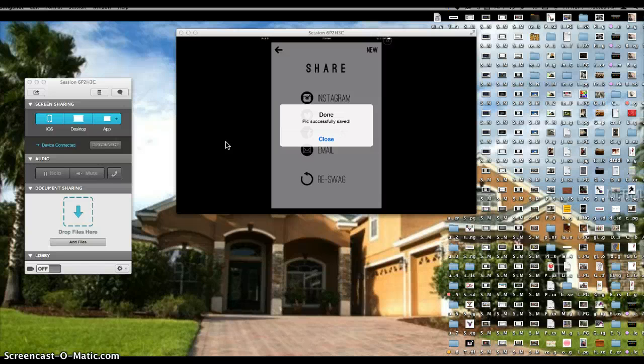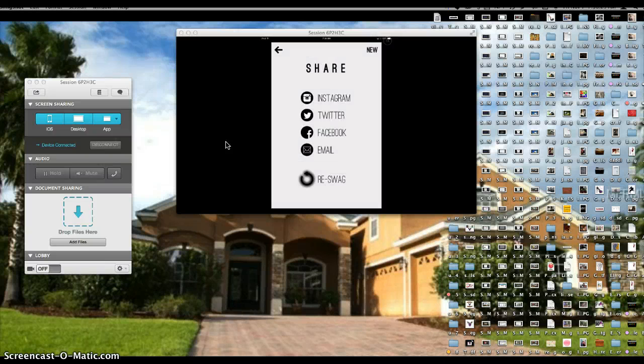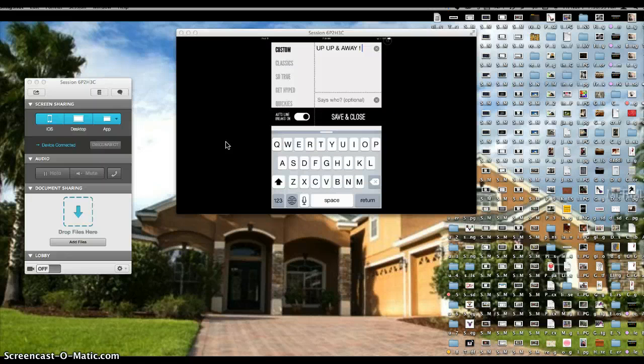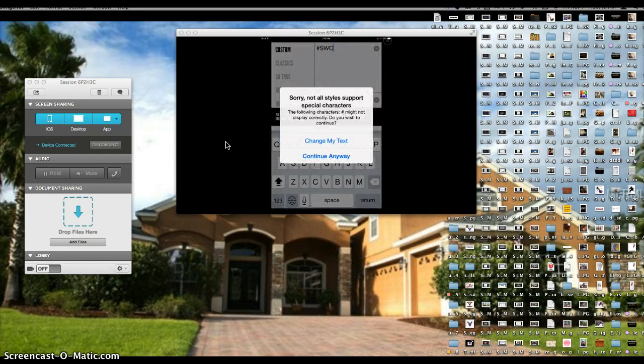So here we go again. So let's re-swag the image real quick. And as you can see, it doubled the image. So what you're going to do is go back to the text. You're going to double click on the font, and it's going to ask you again to add your little spin on it. So I'm going to do hashtag SWC for Superwomen Connection. You're going to save and close, continue anyway,